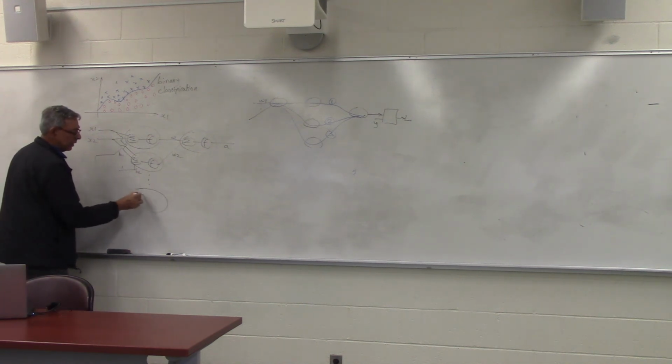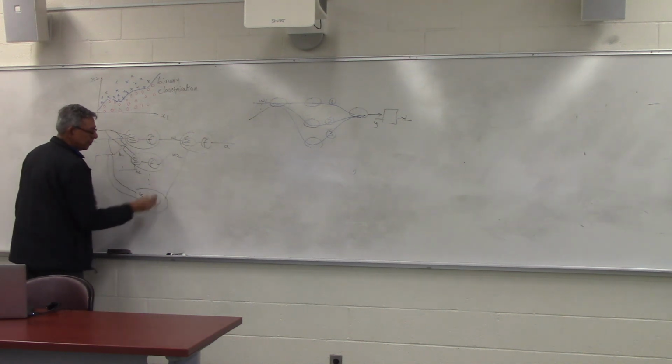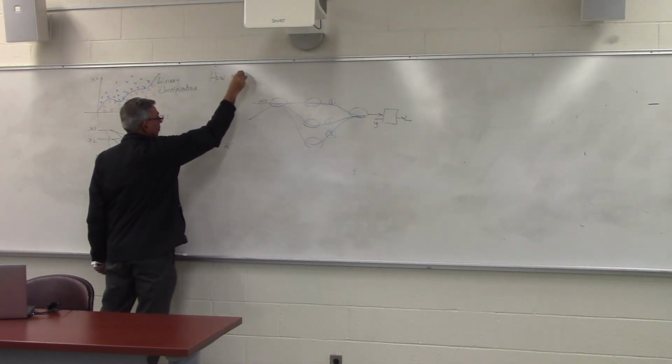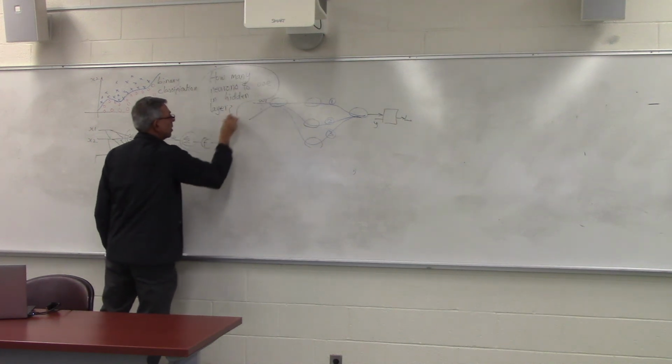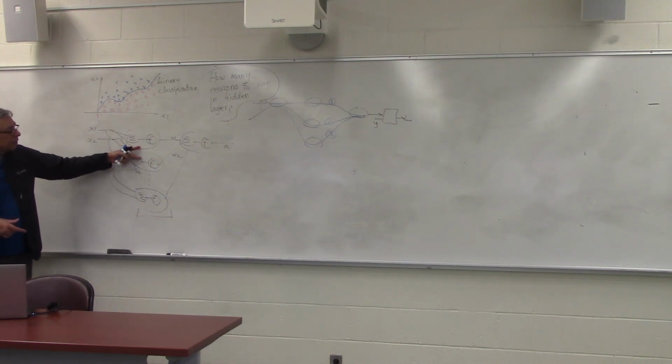Can I keep increasing it? So the question is, how many neurons should we use in the hidden layer? So let me write down the question. One, two, three, four, okay. And the answer is it really depends on the data, right? Okay. So let me demonstrate it to you so that you can visually see what is the effect of what if I use two neurons, what if I use